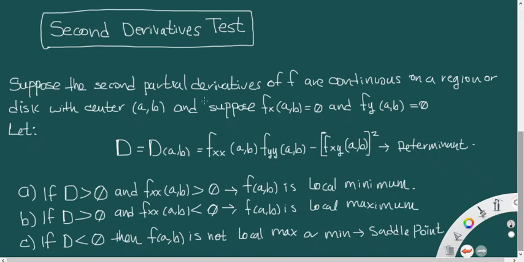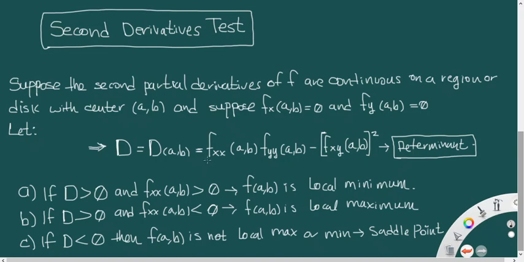So if we have those partial derivatives in the second order of f, and they are continuous on a region or a disk with center (a, b), and suppose that the first derivatives are equal to 0 with respect to x and with respect to y, then we can have this new component named D, capital D. And this D is known as the determinant. And this determinant is the outcome of this